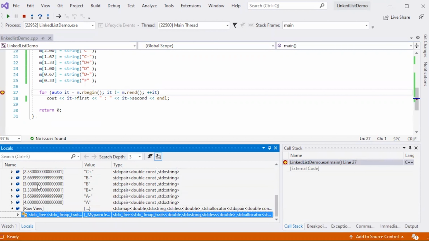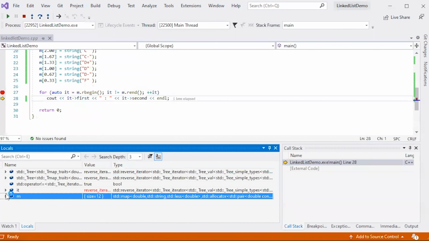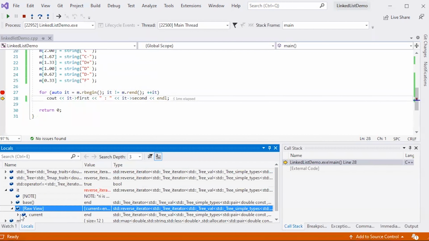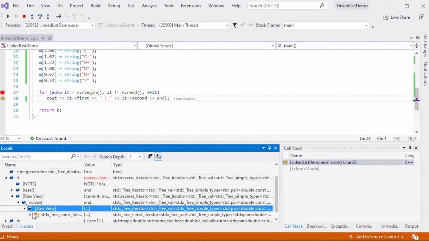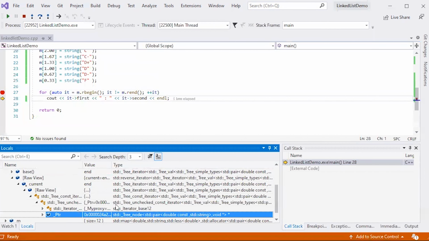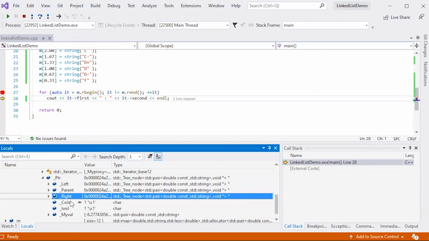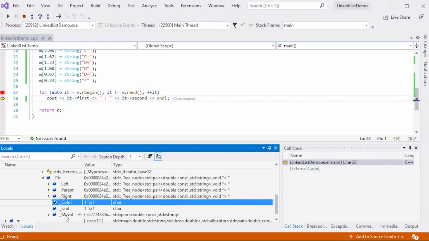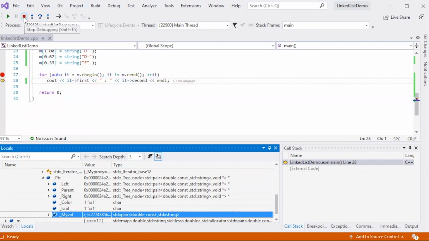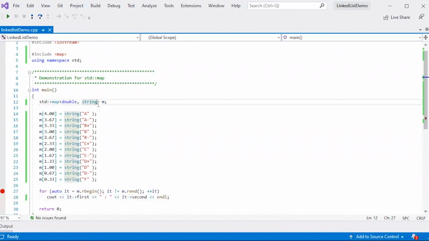And then when I expand it, we're going to see that these are a tree. The underlying data structure of a map is a binary tree. Now I'm going to take a look at the iterator. And the iterator also is going to have my key value pair, but when I start really diving into the implementation details, we're going to see that the iterator points to a single node, and a node has a pointer to the parent, the left child, the right child, as well as a color. And that color is going to refer to its red-black color